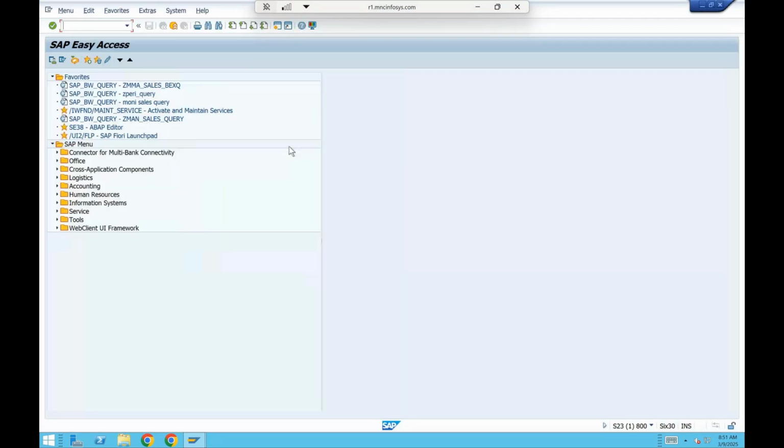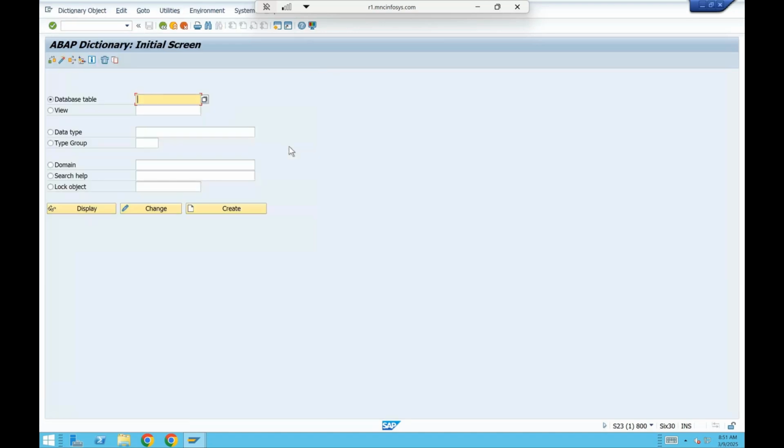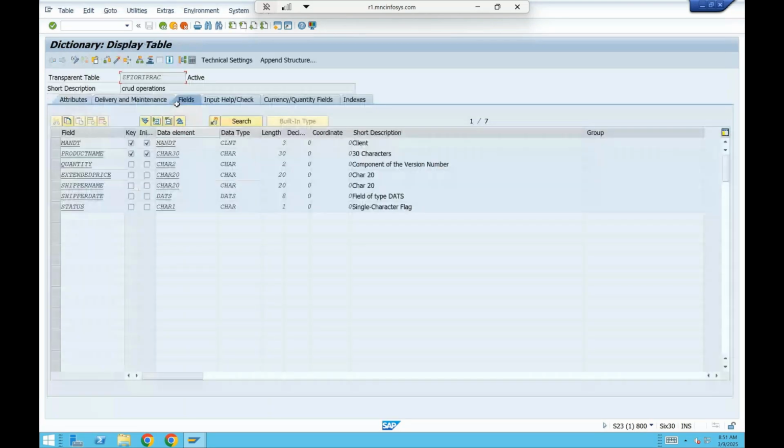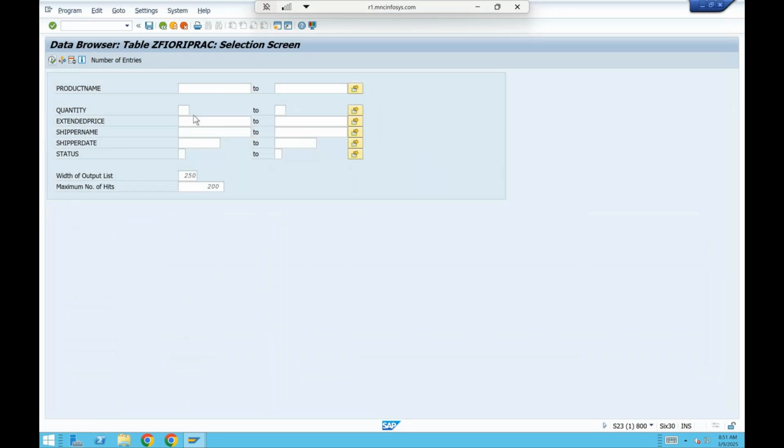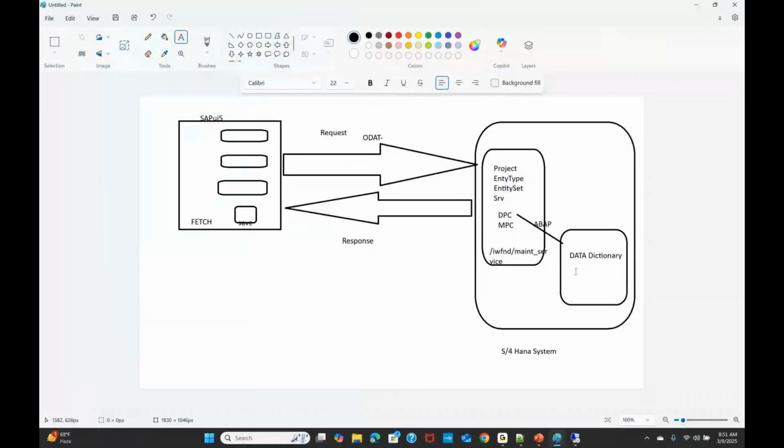Then I will be going to the table SE11. There is a custom table I have taken called ZIRI_FIORI_PRAC, and it has some data, you see. Yes, this is the dictionary. Now I'll go to the SEGW T-code.